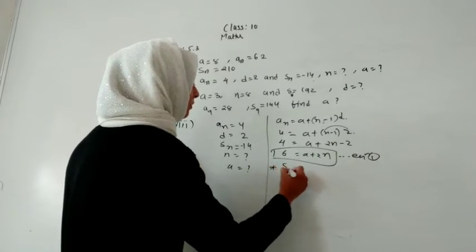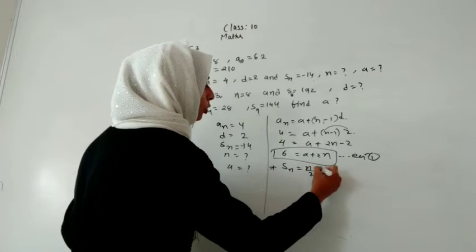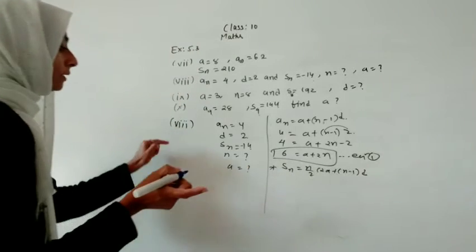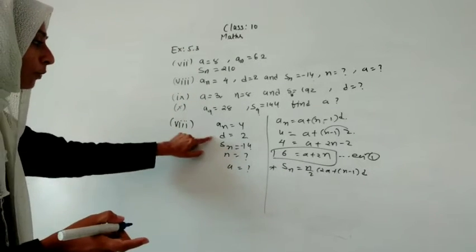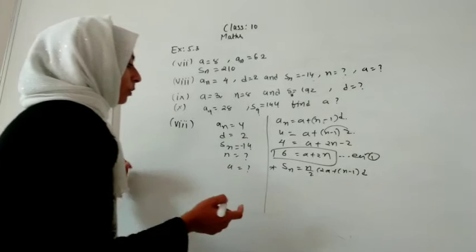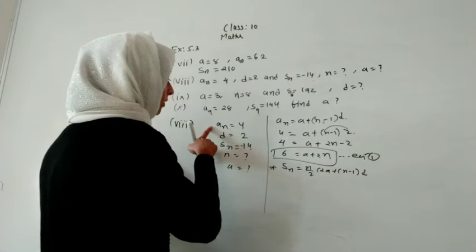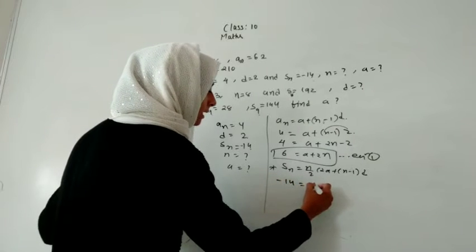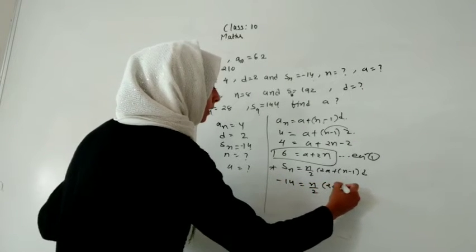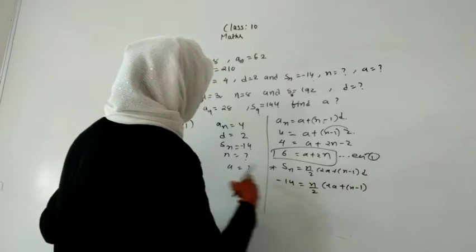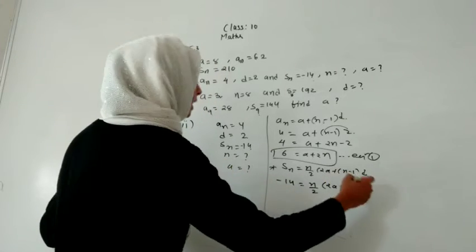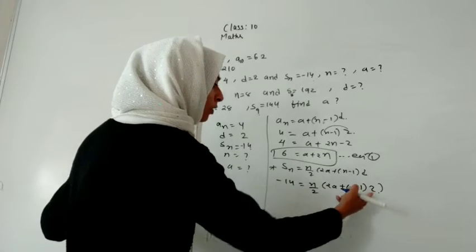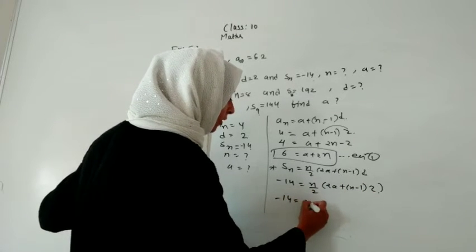Then the second formula we have of Sn, that is n by 2 into (2a plus (n minus 1) into d). As you can see, you can also apply this direct formula, but here we have d and the last term. So let me apply that. That will become minus 14, that is n by 2 into (2a plus (n minus 1) into d). We do not know a, and we do not know n. The difference we know is 2. So let us write here what we can do. We can take out this 2 common.